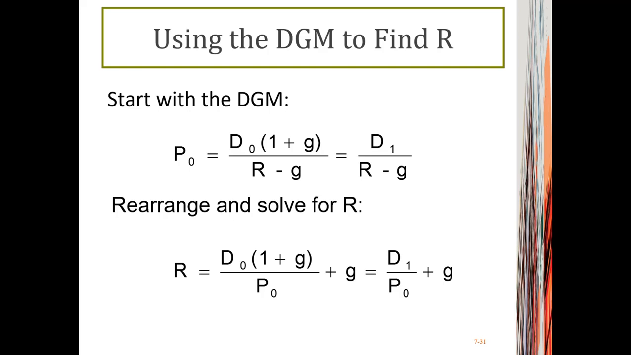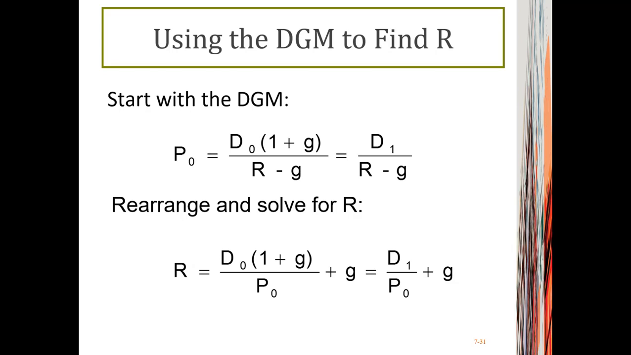Okay, here's the mathematical manipulation based on the Gordon growth model. Stock price equals D1 divided by R minus G. And here, let's do a little algebra. Let's say we know P0, and right now we need to figure out what that R is, the required rate of return of the stock, which is also known as the expected return for the stock